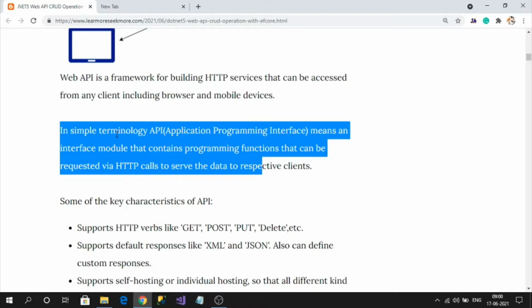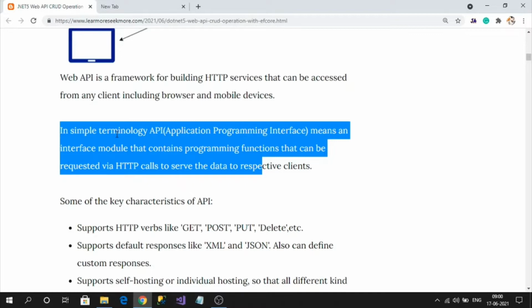Think of API like a class, and that class will contain a set of methods. Each method will be executed per HTTP request from the user. So each method in that class will serve the requests by the users. That is the definition in simple terminology.